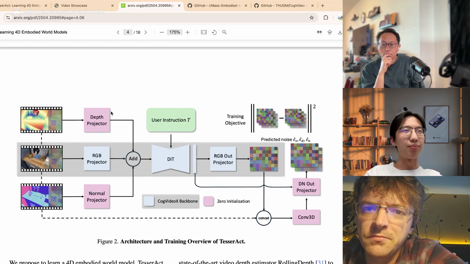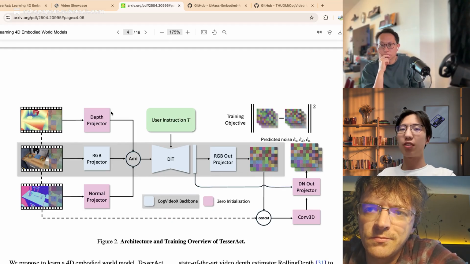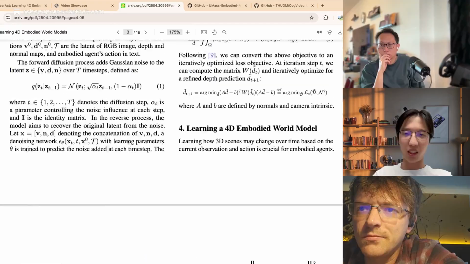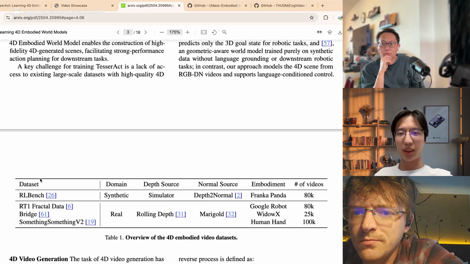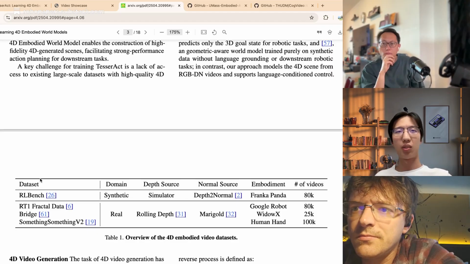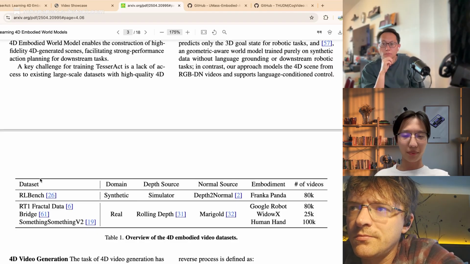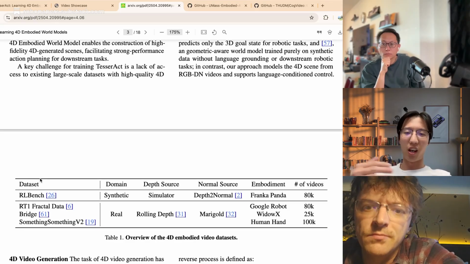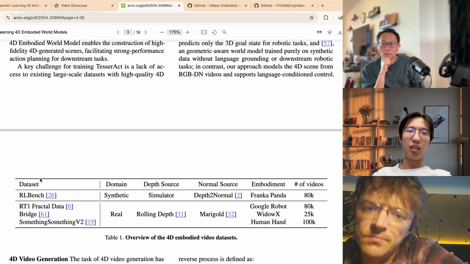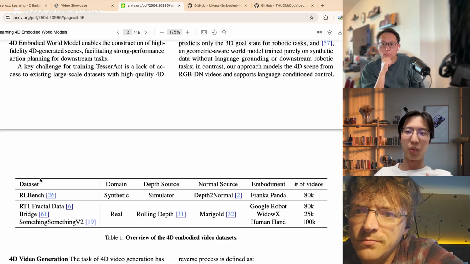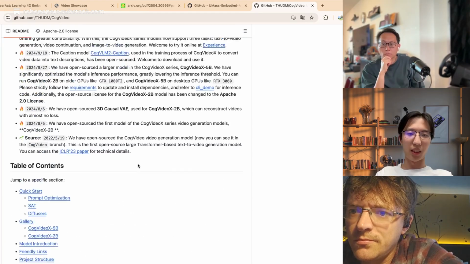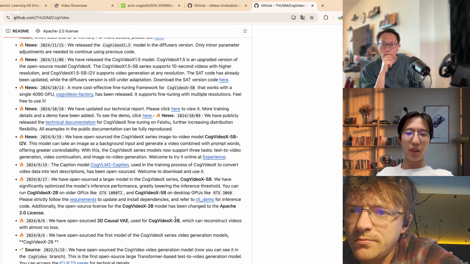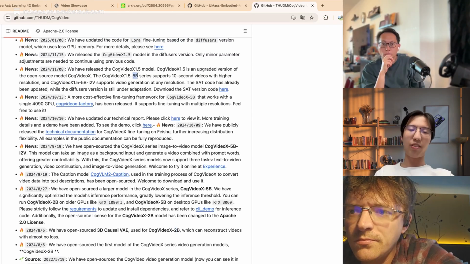We used LoRA fine-tuning on this dataset, but the results were really bad, and the depth and normal modalities did not work well. So we need to fine-tune all the parameters in a big video diffusion model like CogVideoX. It has about 5 billion parameters.